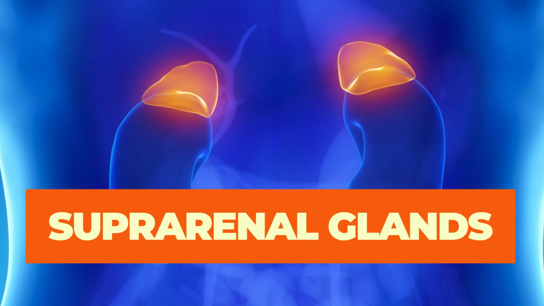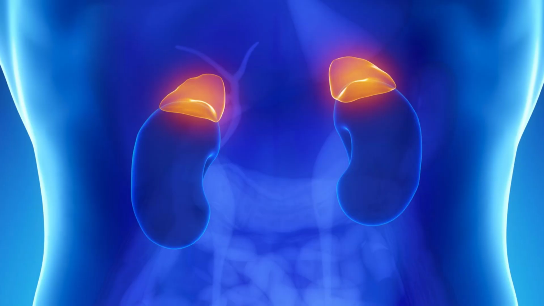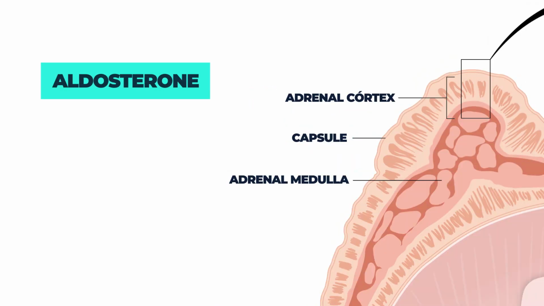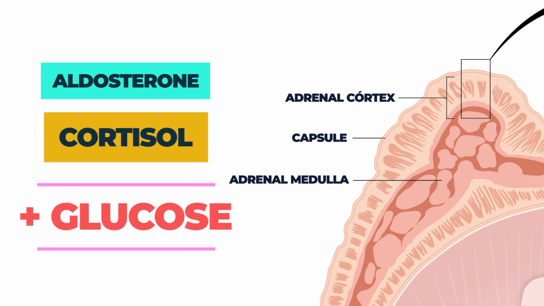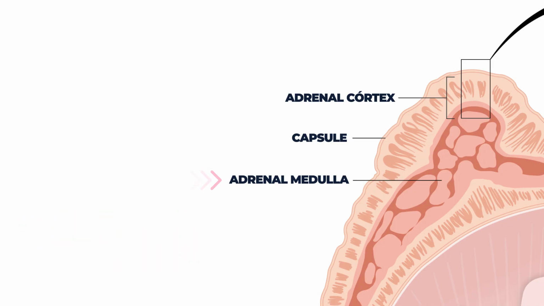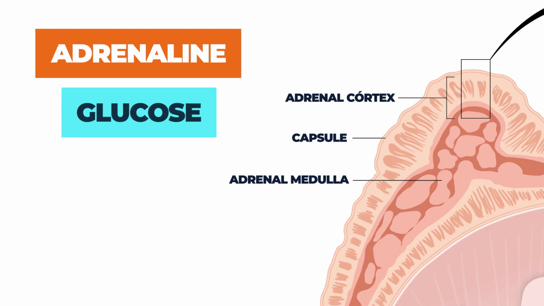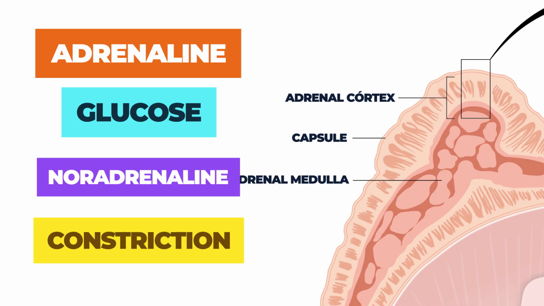Next, we have the adrenal glands, which are located above the pancreas and are divided into two parts. In the cortex of the gland, aldosterone is produced, which ensures the reabsorption of sodium, and cortisol, which causes an increase in the concentration of glucose in the body. In the medulla, which is the distinct internal region of this gland, adrenaline is synthesized and released, which promotes cardiac stimulation and increases blood glucose levels. Noradrenaline is also produced in this part, which mainly is responsible for facilitating the constriction of specific peripheral blood vessels